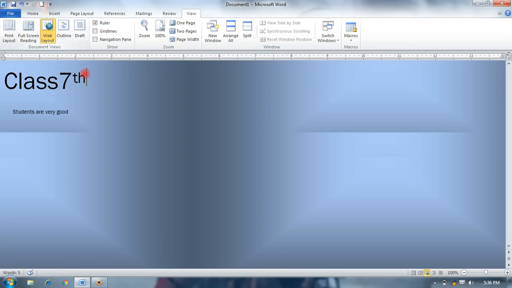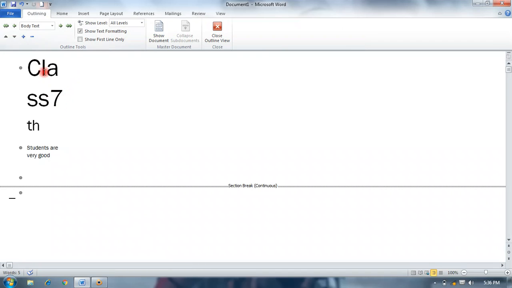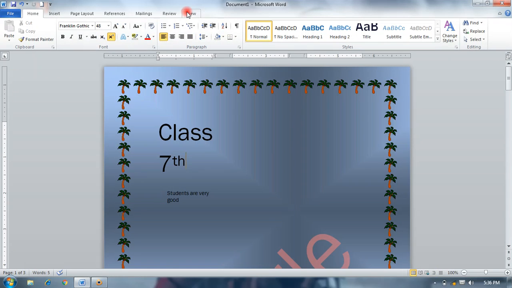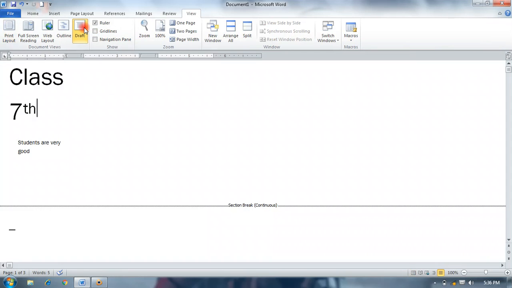Web layout, it looks like a page as you see on the internet. Outline, looks like this outline. And draft, same as the outline, and you can type here.